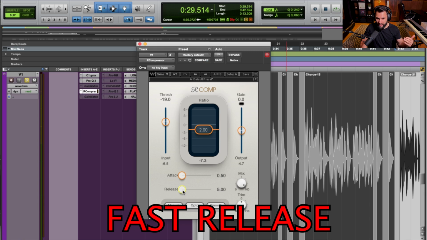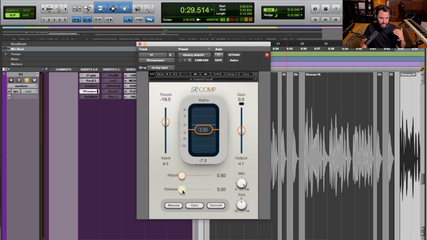That way the compressor lets go of the material and it comes back to an uncompressed or dynamic state as quickly as possible. Basically, this is a good in-between since the attack is pretty aggressive and the release is not as aggressive in this case. Now, of course, these settings are probably still going to be too much. We're probably not just going to set them and forget them. They're going to need some adjustment, but this should allow us to optimally hear the compression and make our adjustments